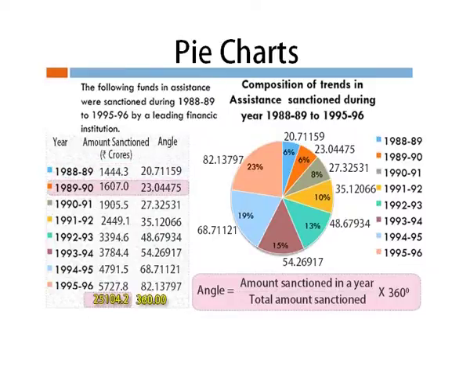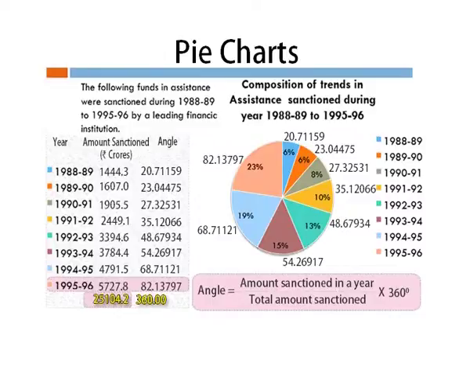For the financial year 1989-90, this comes out to be 23.04 degrees. For the next financial year, it is 27.32 degrees, and so on. For the last financial year, that is 1995-96, we have the angle